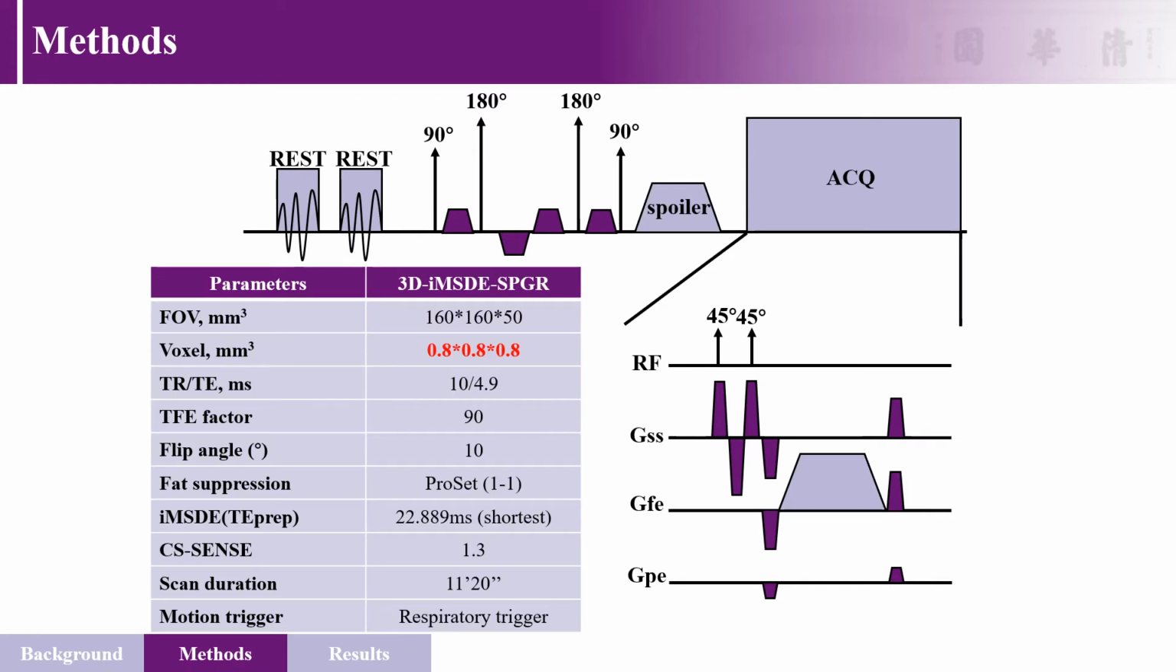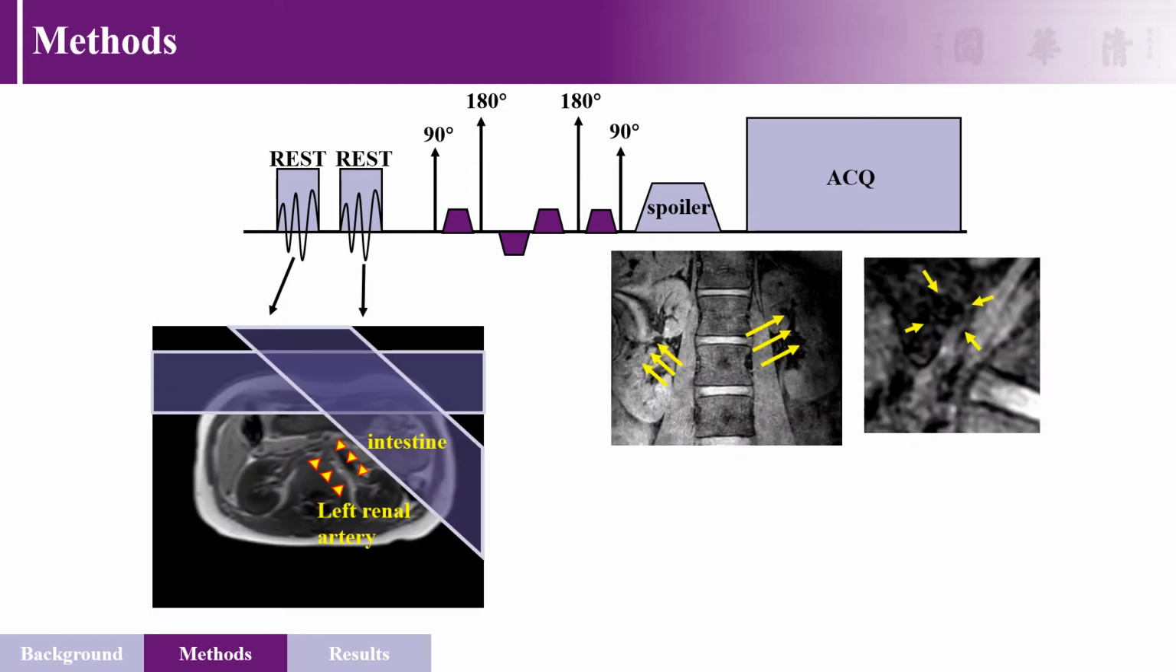The diagram and important parameters of the sequence are shown. We've achieved isotropic resolution of 0.8 mm. To eliminate respiratory motion artifact, respiratory motion trigger was used. Two rest slabs were used, one for suppressing the fat signal from the pre-abdomen, another to suppress the signal of the intestines on the left. Since gastrointestinal movement will also cause severe motion artifact, especially for the left renal artery, as the intestines are closer to the left renal artery,